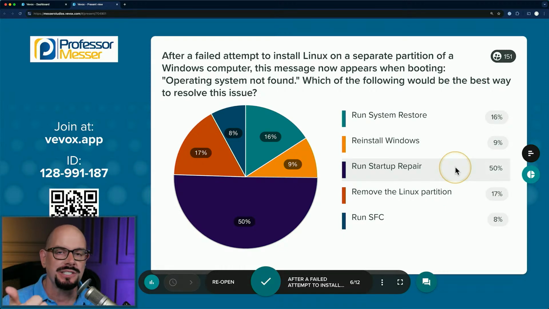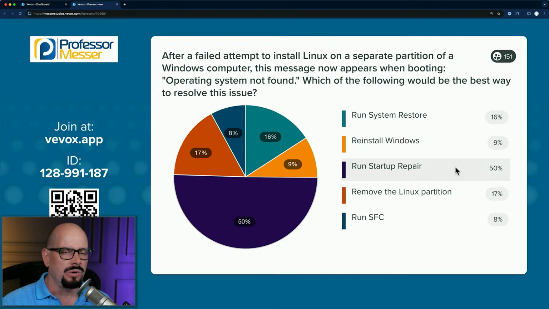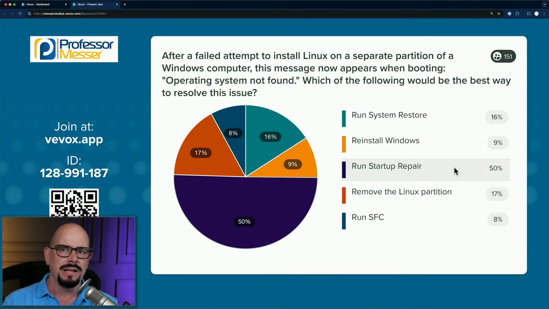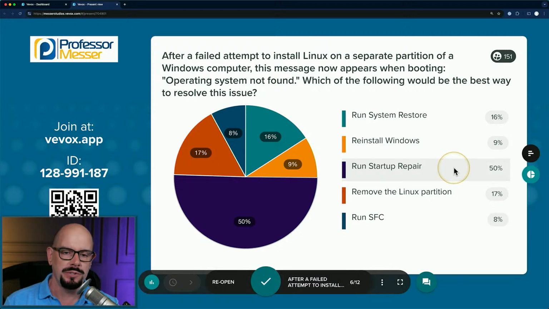It is fast. It's simple. You don't even have to do very much. You just let it run. Occasionally, it will ask you a question. Is this the Windows you're running? Is this what you want to do? Is it okay if I change this? And you can tell it yes or no. And then it will finish it and you can reboot and you're done. So that's a very simple, non-destructive way with a minimum of configuration changes to resolve that particular issue.